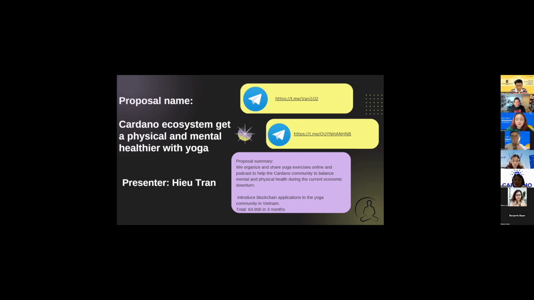The other two sessions are: one for yoga online, and one for the Vietnamese yoga community, to share blockchain knowledge, at least the application in the Cardano ecosystem. And maybe we encourage them to join Catalyst or the Cardano ecosystem,